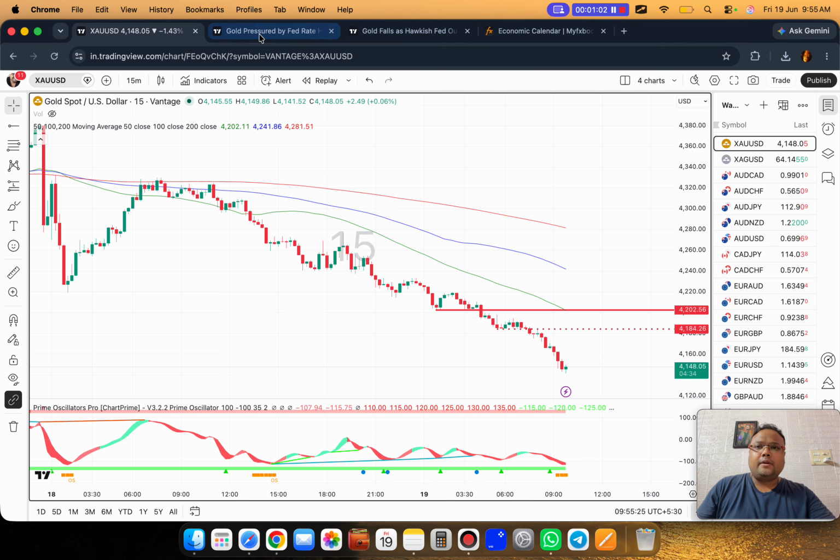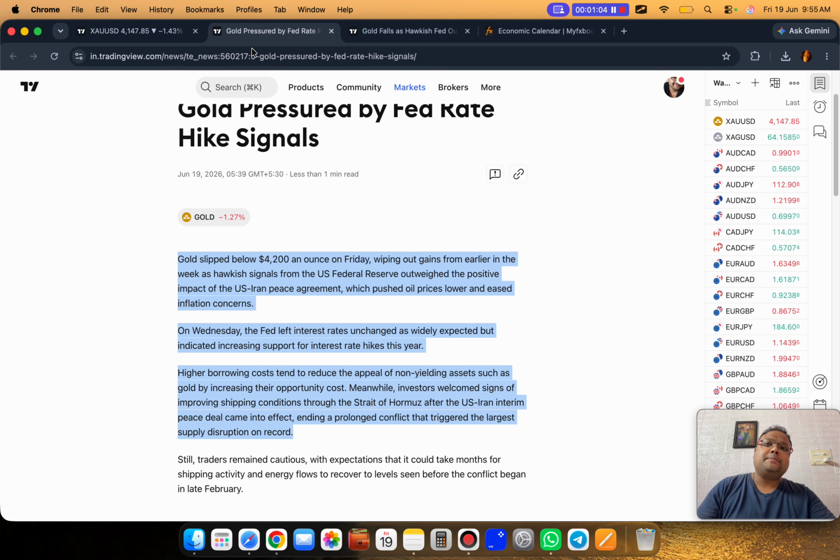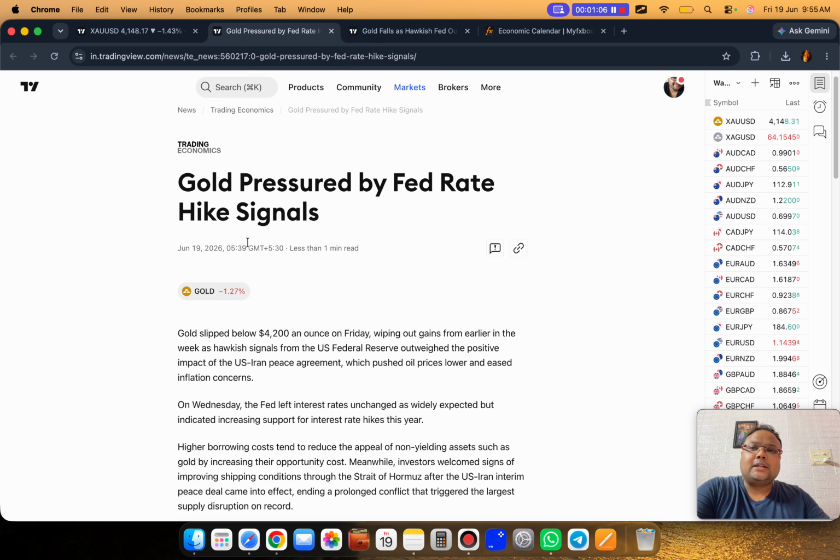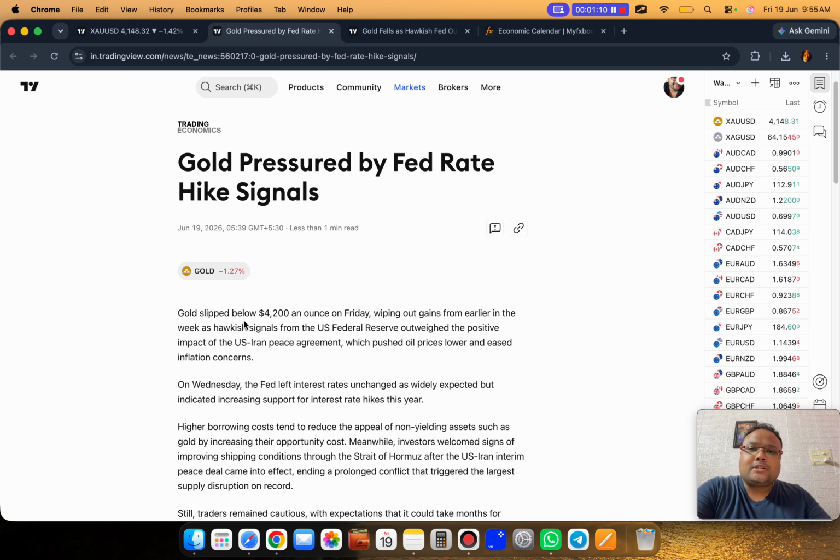If you are wondering why gold is under so much selling pressure, then you need to read these articles. Gold pressured by Fed rate hike signals. Gold slipped below 4200 an ounce on Friday, wiping out gains from earlier in the week as hawkish signals from the US Fed Reserve outweighed the positive impact of the US-Iran peace agreement, which pushed oil prices lower and eased inflation